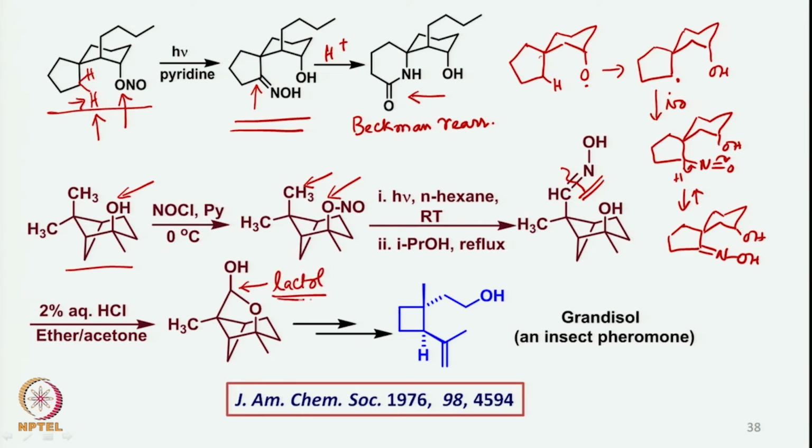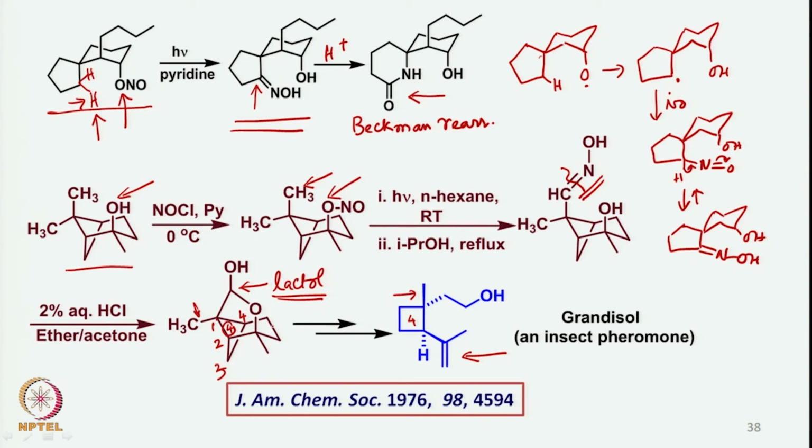Now this particular lactol has been converted to the corresponding 4 member ring. As you can see, there is a 1, 2, 3 and 4 member ring. This is the 4 member ring that is formed here. Then there is a methyl group here, and then of course